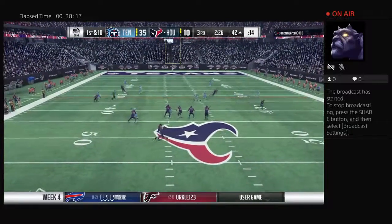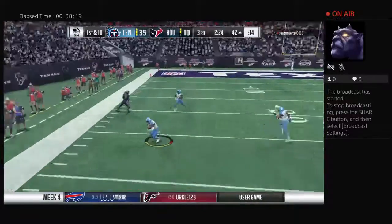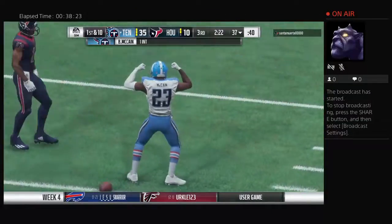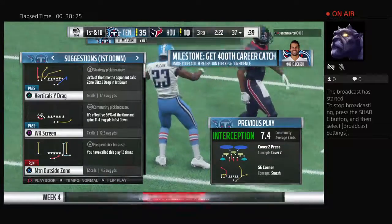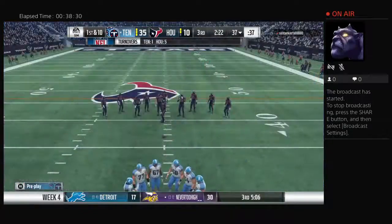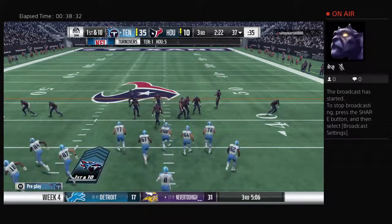A shotgun snap for Watson. Trying to force it to Hopkins, and it's intercepted. It's picked off by Bryce McCain. That's an experienced DB picking off a rookie, and you know sometimes those experienced DBs, they love going against the